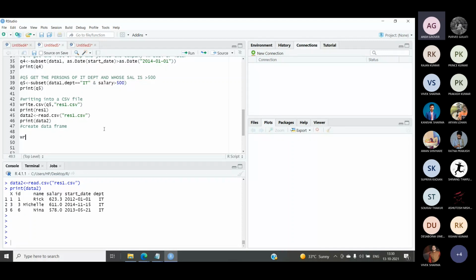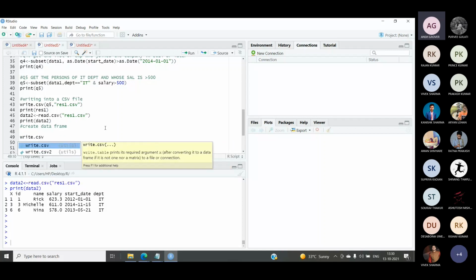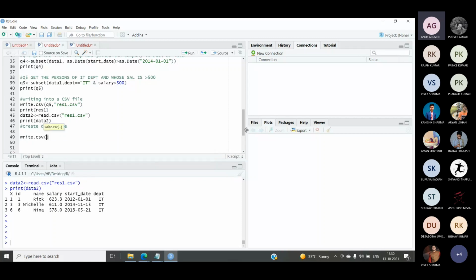Let me write the code again. What I need to do is write write.csv, and inside this write.csv, I am using the file for Q5. So I am writing Q5, comma, then I will specify this file name. I will copy from here only. Let me delete extra inverted commas from this.